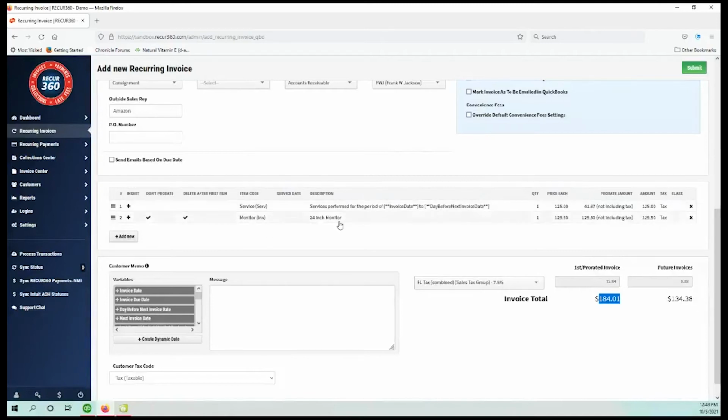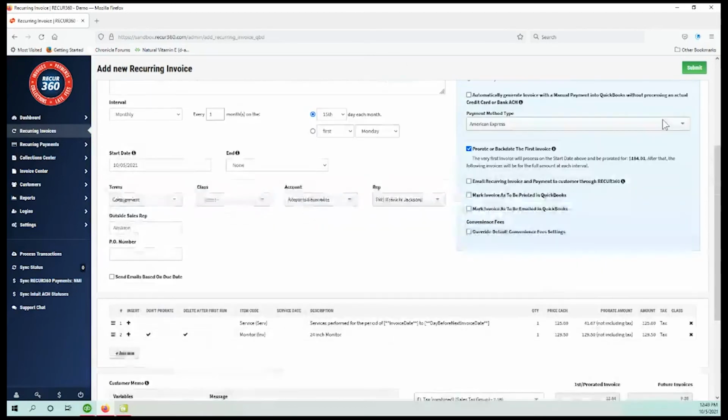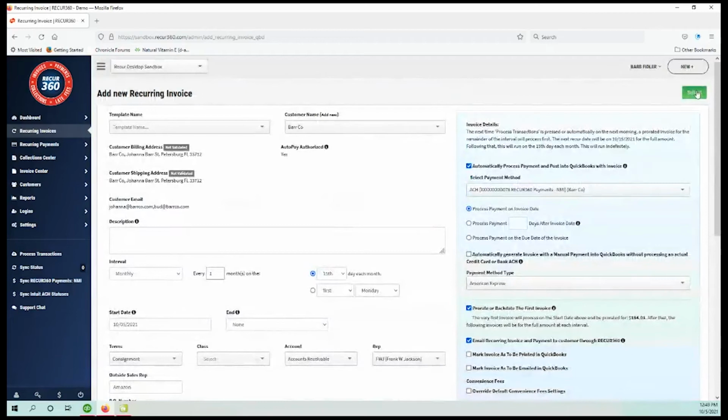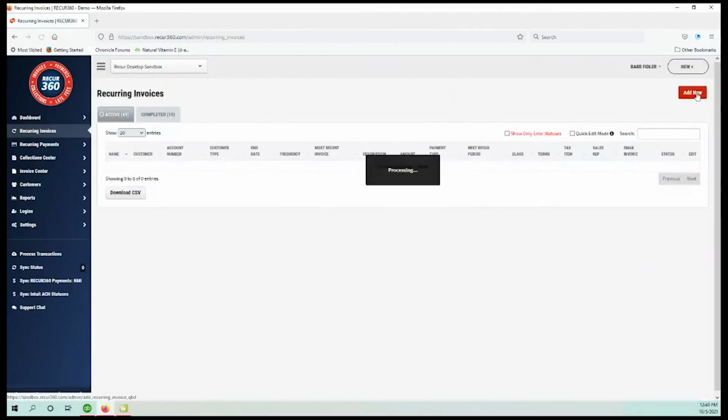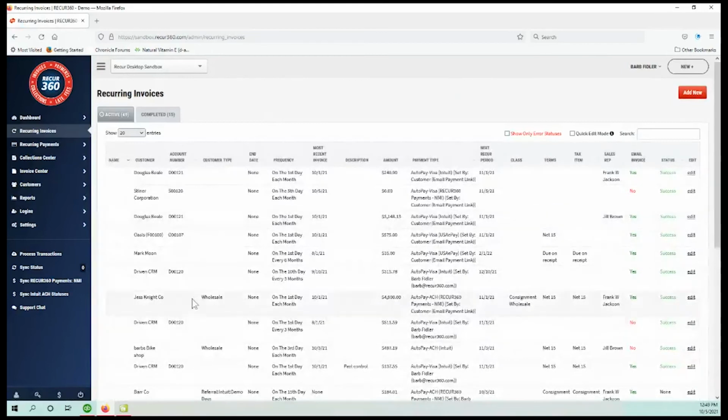You can see that my line item for my 24-inch monitor has a check mark for not prorating, a check mark for deleting after the first run, and that it is at full price, not discounted. Now, when I press the submit button, I'll also tell it to email this, by the way, and then I'm going to submit this. This will run automatically overnight tonight and push into QuickBooks and email to the customer, or